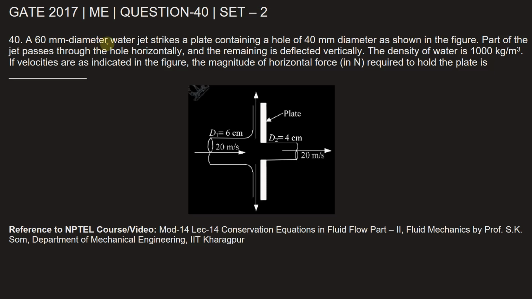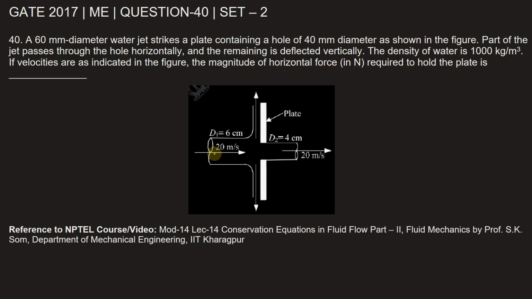A 60 mm diameter water jet strikes a plate containing a hole of 40 mm diameter as shown in the figure. Part of the jet passes through the hole horizontally and the remaining is deflected vertically. The density of water is 1000 kg per meter cube. If the velocities are as indicated in the figure, the magnitude of horizontal force required to hold the plate is,